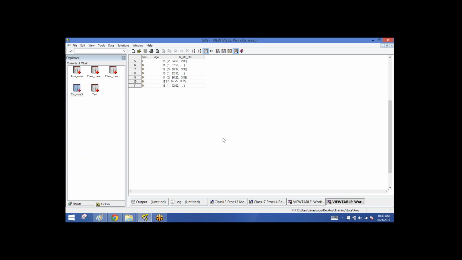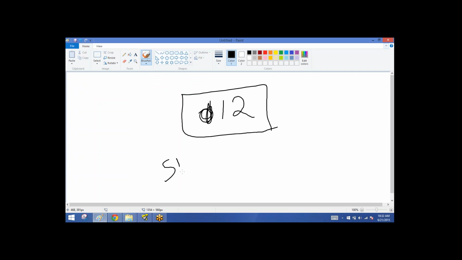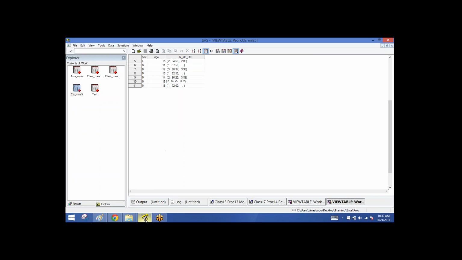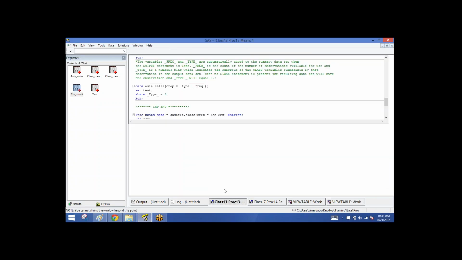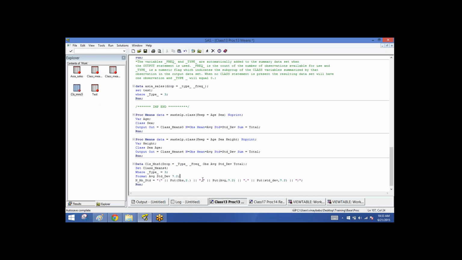What does strip do? I think it leaves one space. No, compress leaves one space. Okay, so strip, yeah, it will